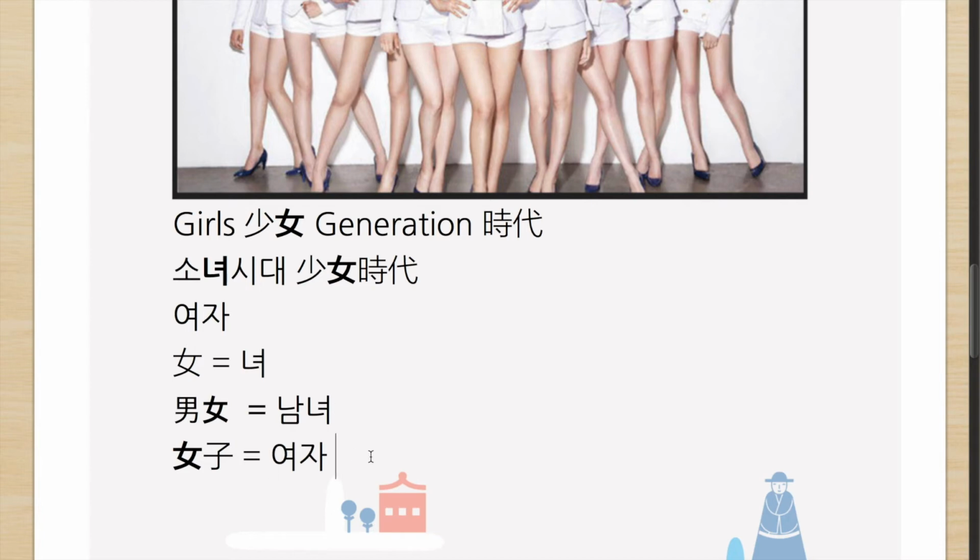So 여자. Interestingly, just now we had 녀자. So originally it should be 녀자, but we don't write it this way, neither do we pronounce it this way. However, in North Korea, it's pronounced as 녀자 and written as 녀자. So this phenomenon of 두음법칙 only occurs in South Korea. Right. Okay.